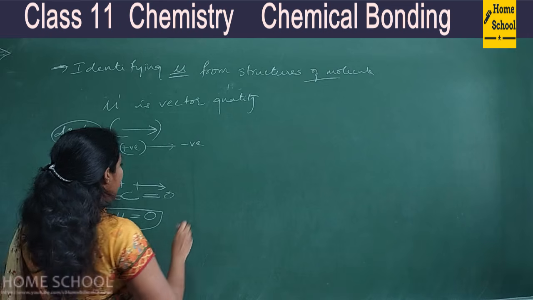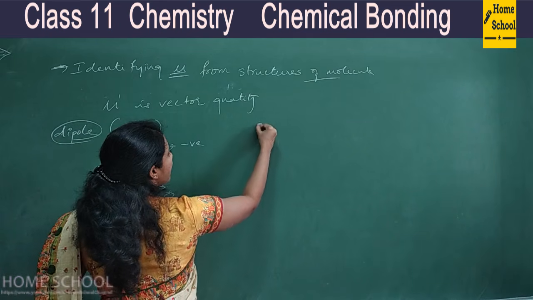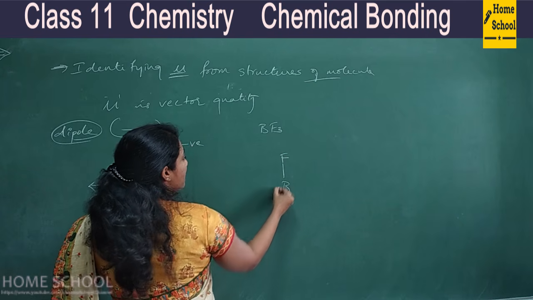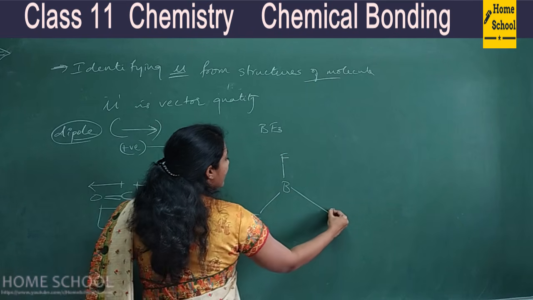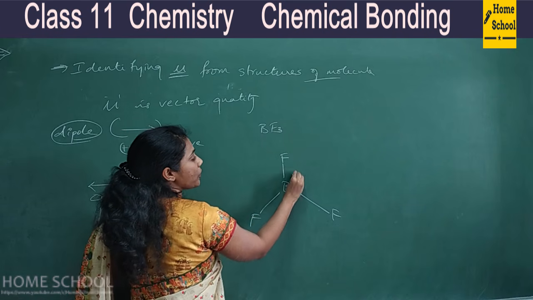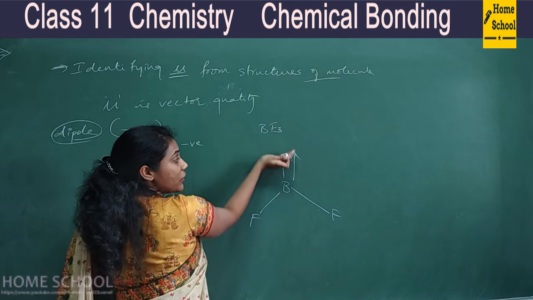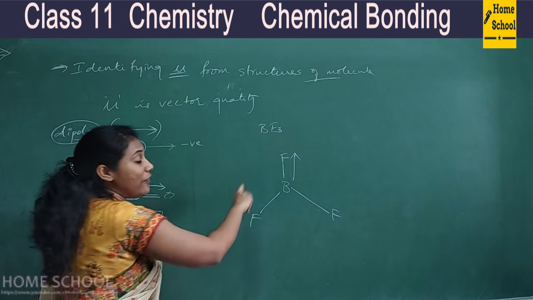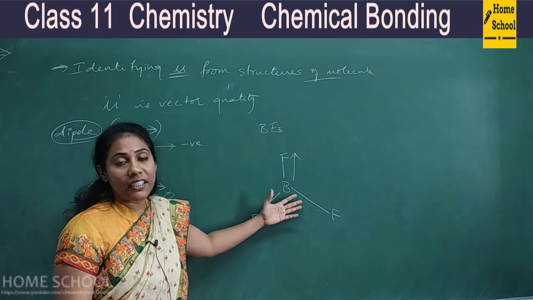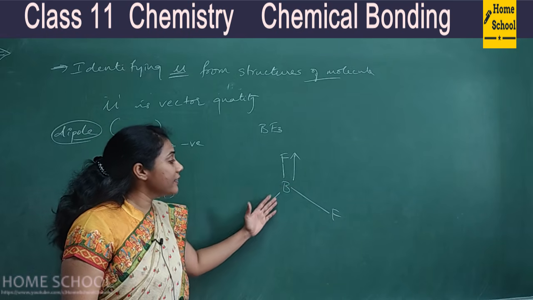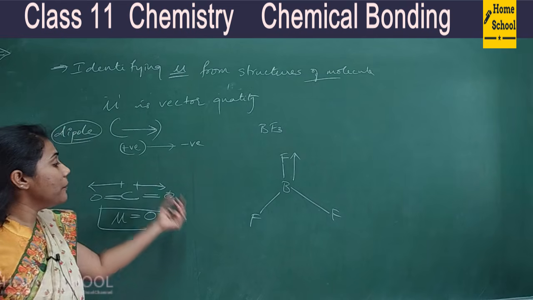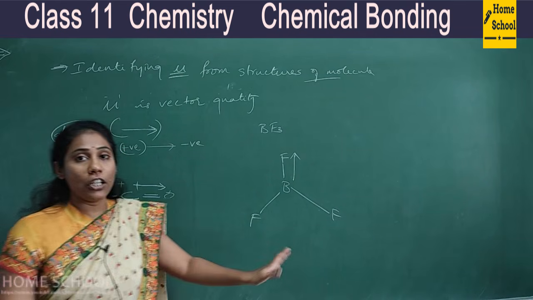Fine. And another molecule, let me take BF3. If I have to write the structure of BF3, it is planar. And how will you show the dipoles here? This is positive, this is electronegative. So here the dipole is always from positive side to negative side. That's how you have to show the dipole. Dipole is a vector quantity. By understanding these vectors, you can decide whether dipole moment is shown by a compound or not.